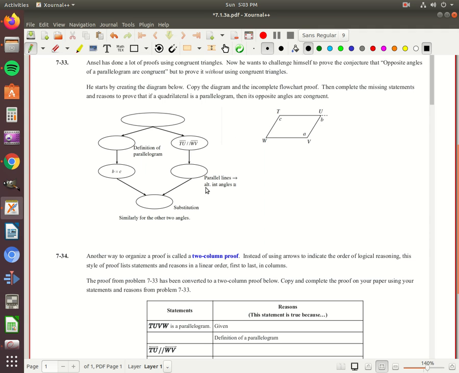It says, Ansel has done a lot of proofs using congruent triangles. Now he wants to challenge himself to prove the conjecture that opposite angles of a parallelogram are congruent, but to prove it without using congruent triangles. He knows he could use congruent triangles and CPCTC pretty easily, but instead he wants to do it a